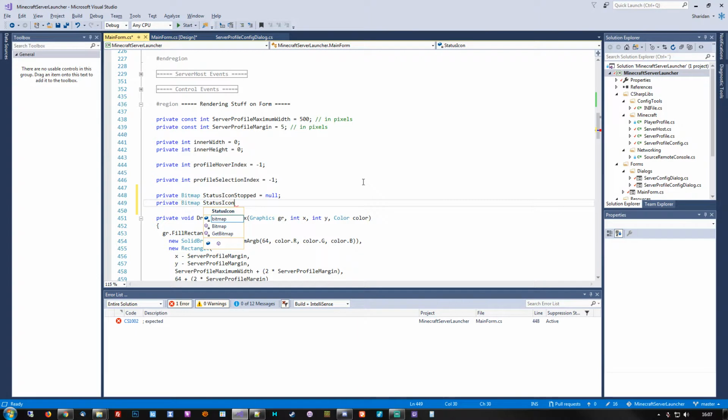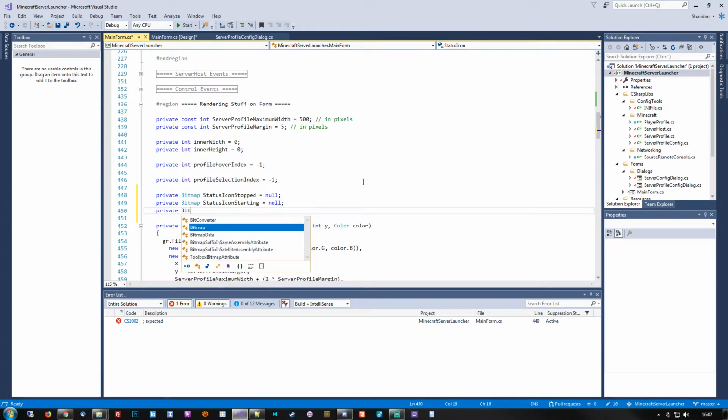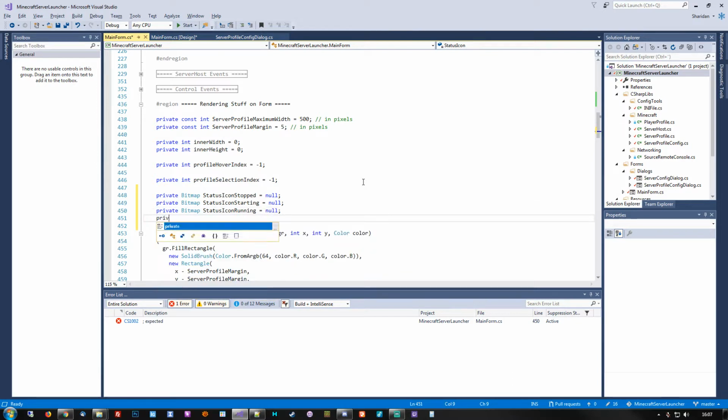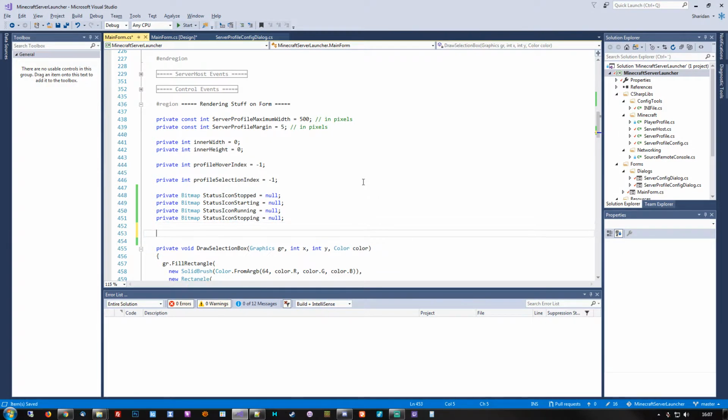Status icon starting. And one for status icon running, and the final one, status icon stopping. There we go. Now we have those,